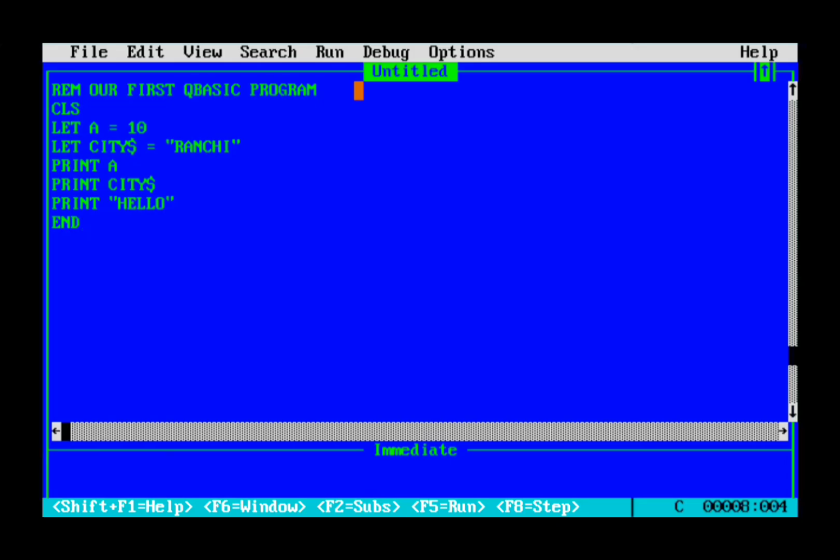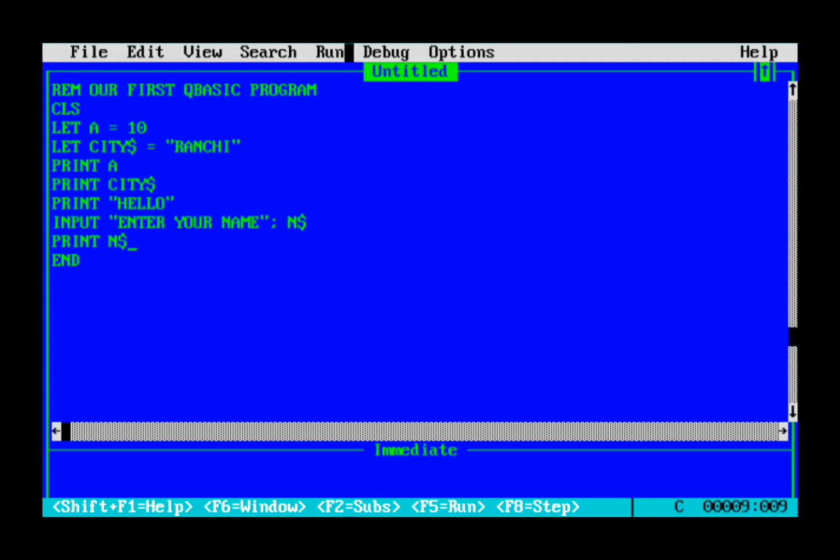So we have successfully executed our first program, and you have seen the use of the CLS command, rem command, let command, print command. Let's check the use of the input command. I'll add more lines here below print. Input, giving a message, enter your name, and that name will be stored after giving semicolon and n dollar. So whatever we enter as our name will be stored in n dollar. Let's print it and see, print n dollar, so it will print the value of n dollar.